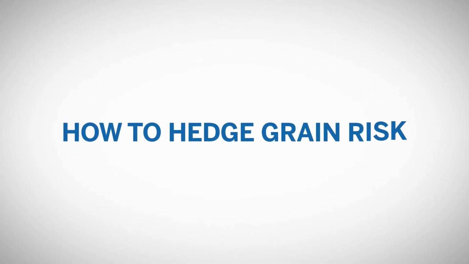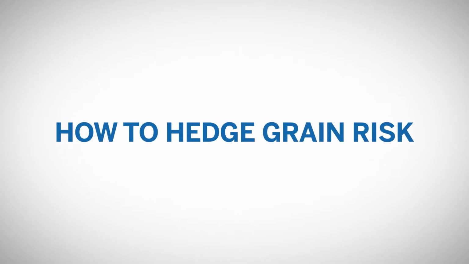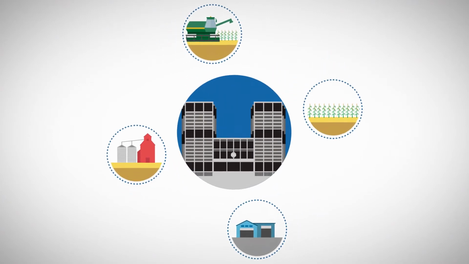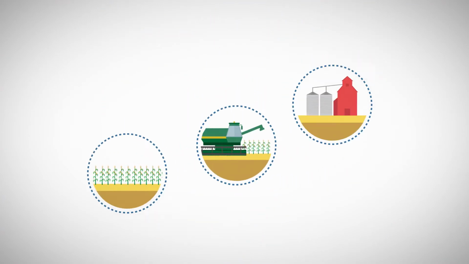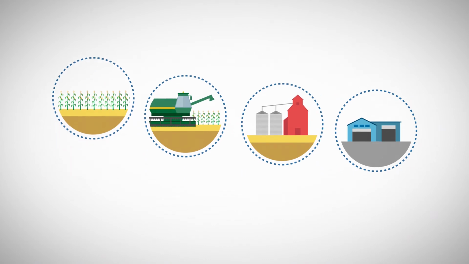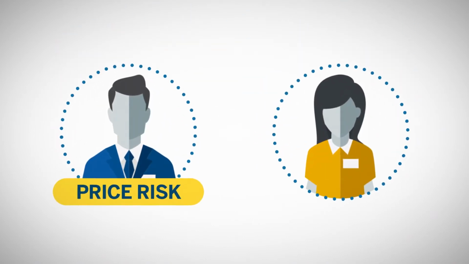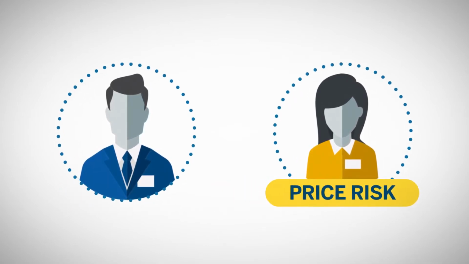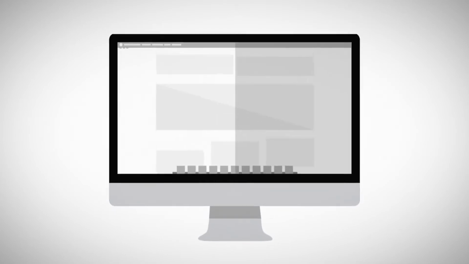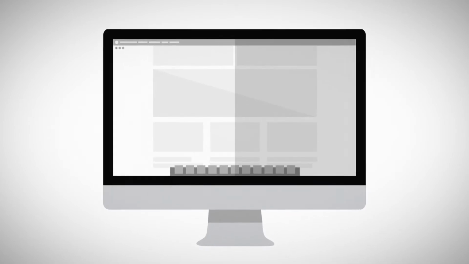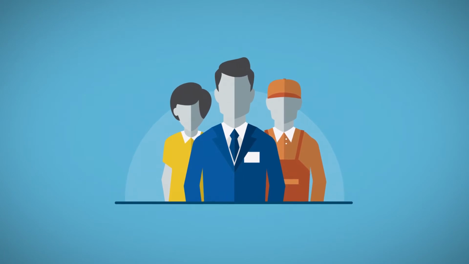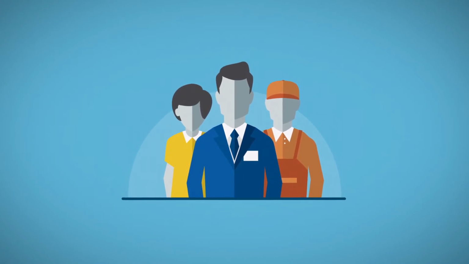One of the primary functions of the agricultural futures and options markets, indeed the very foundation of this industry, is hedging, the management of the price risks naturally inherent in the purchase or sale of commodities. In hedging, price risk is transferred from those seeking to reduce it to others willing to assume it in hopes of making a profit. This module will provide an overview of hedging in the grain markets, including who the hedgers are, the role of the speculator, and the types of strategies hedgers use to manage risk.